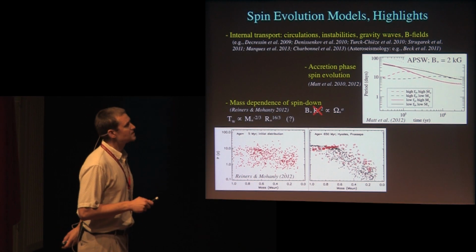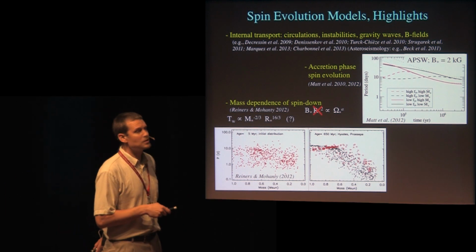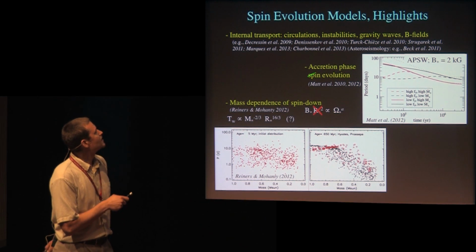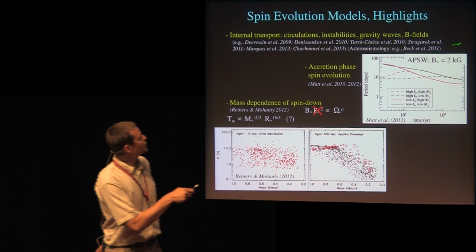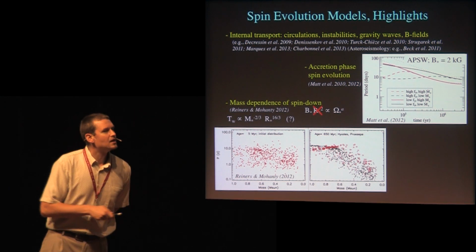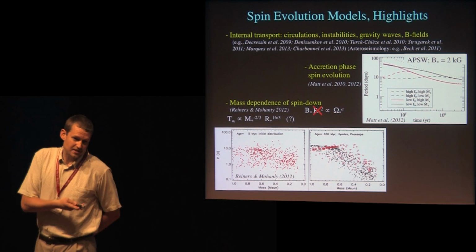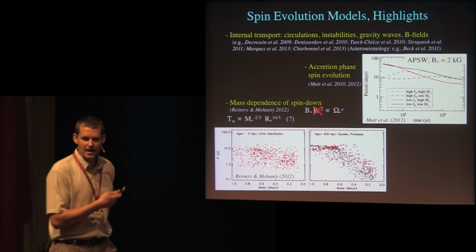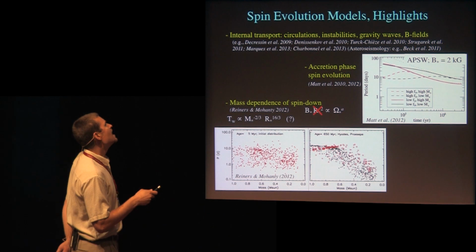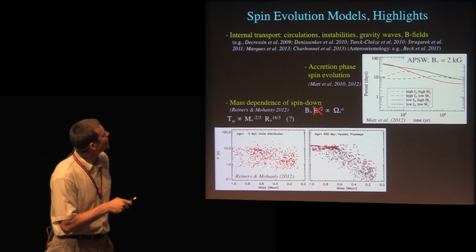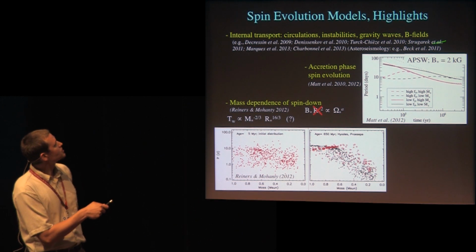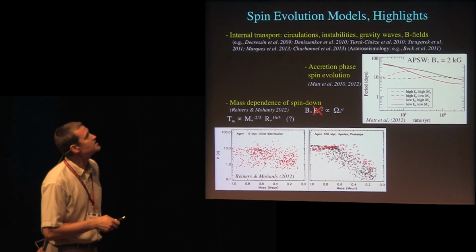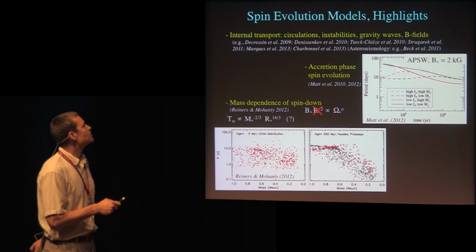Secondly, since PP5, there were a few before, but since PP5, I think that myself and collaborators are the only people who have run a spin evolution model during the accretion phase that includes the physics of the accretion phase, so includes torques and actually solves an angular momentum equation. And I'm not saying it was excellent work per se, it's exploratory work. We were exploring the accretion-powered stellar wind scenario in this case, but the point being